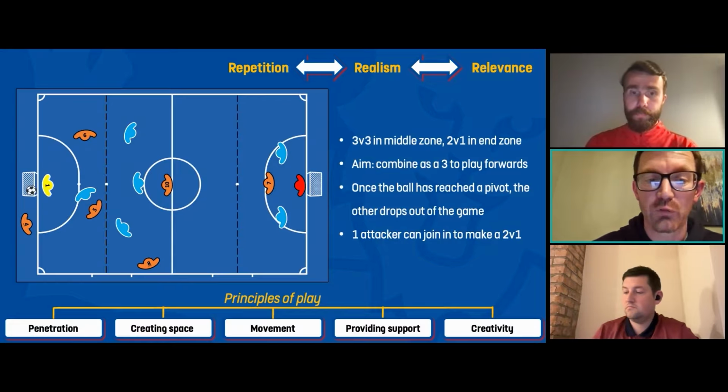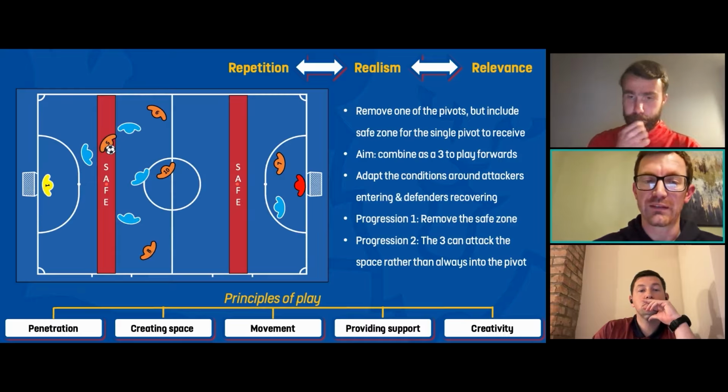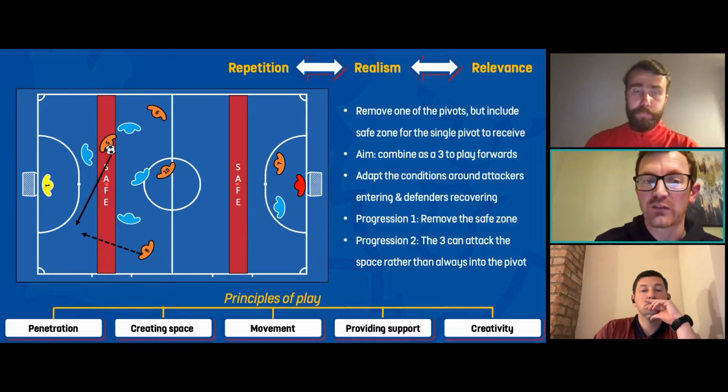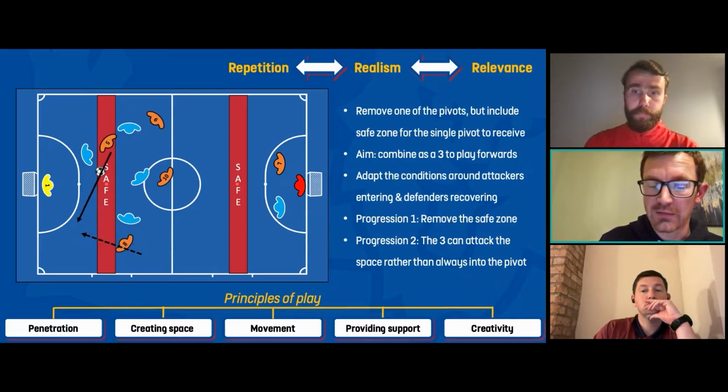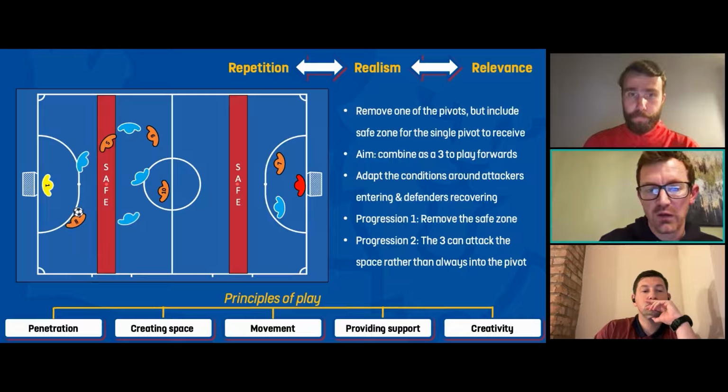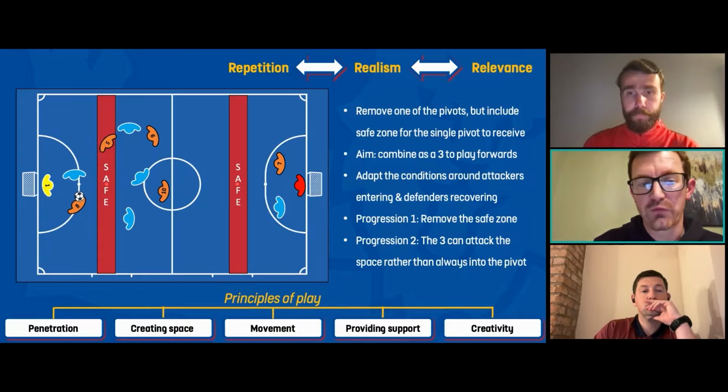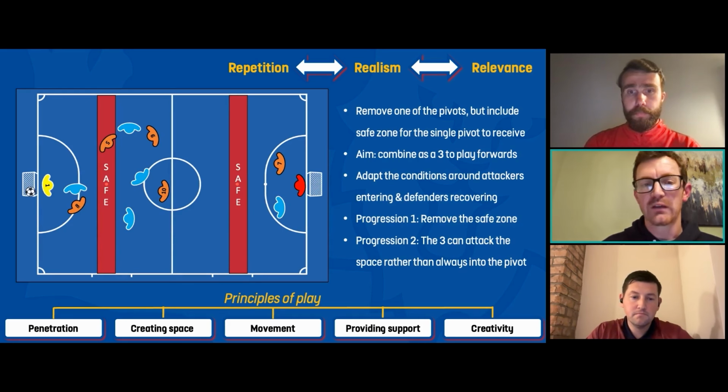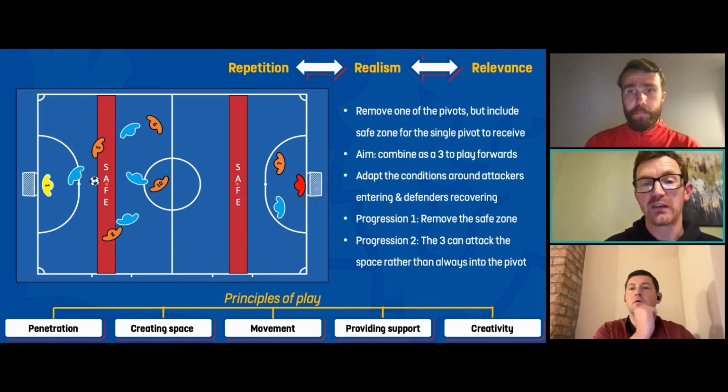So now if you look at this end, we have our 4v4. We've still got our zone to play into. But what I've done here is I've taken away one of the attackers, but I've created a safe zone. And I've managed the defensive pressure by saying you can only defend behind. In futsal, there's no offside, so sometimes the attackers go beyond, sometimes the defenders are in front. But I'm just layering the challenge over a period of time so they can start to continue to see those